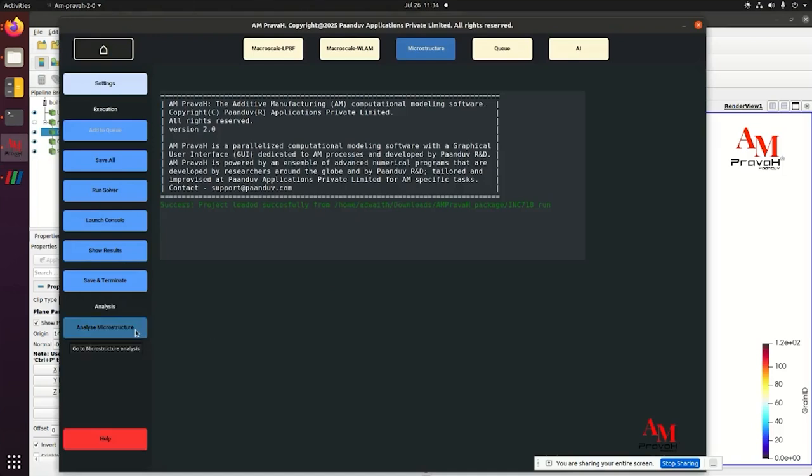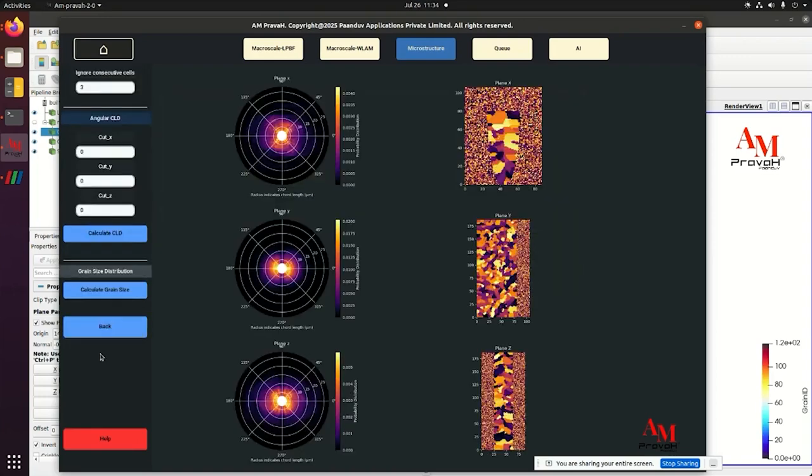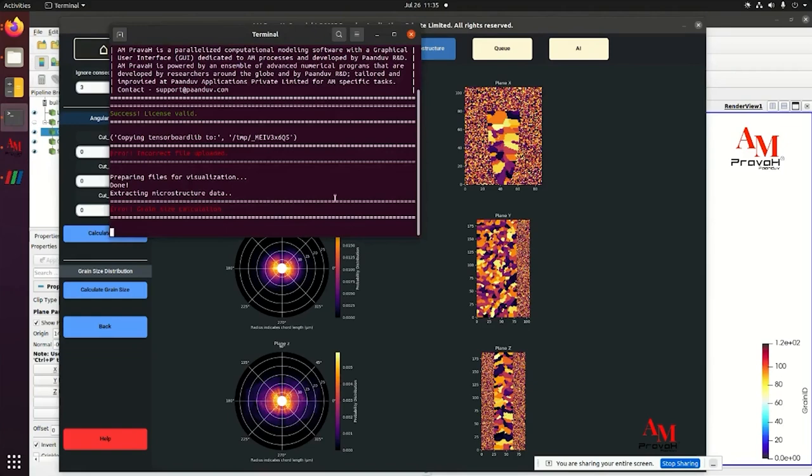And let's say we clicked on this. There is already one tab, that is analyze microstructure. Let's analyze it, and from that we can calculate the grain size. You know, grain size is pretty much important in additive manufacturing, not just additive manufacturing, for the microstructure analysis. Yeah. So calculate grain size. I pressed it. It will take a while, and you can check it on the,